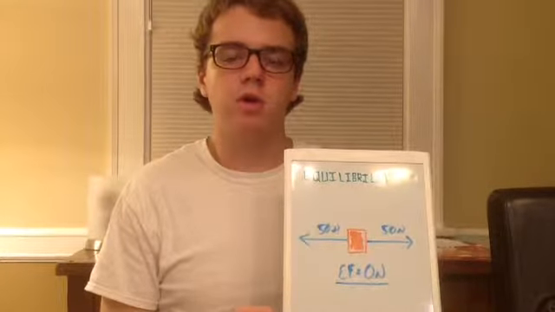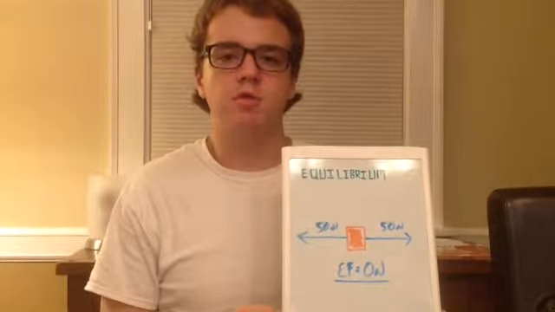Static equilibrium occurs when an object is not moving. The object is at rest because there is no net force acting on it. For kinetic equilibrium, the object is at constant velocity. It is not accelerating because, like in static equilibrium, there is no net force acting to cause an increase in